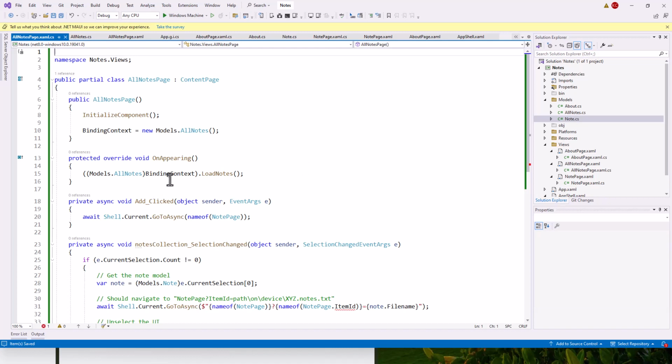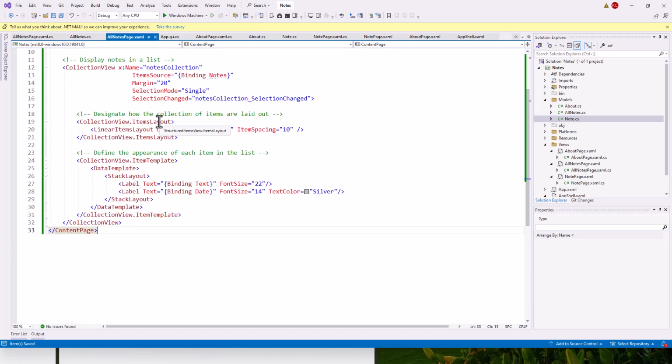Because the CollectionView in the AllNodes view is bound to the AllNodes model's Nodes property,